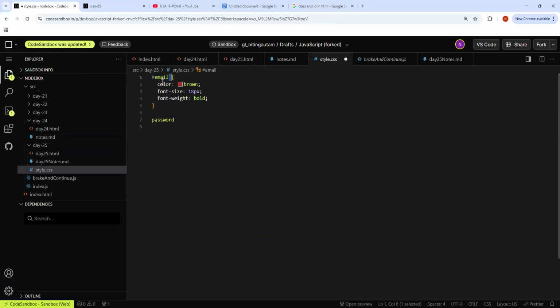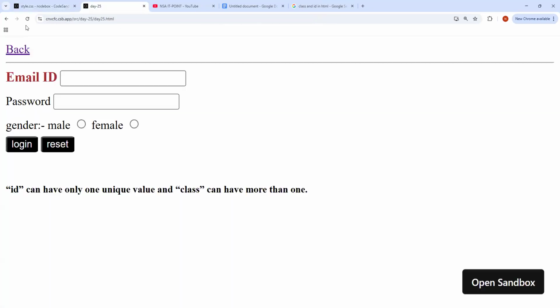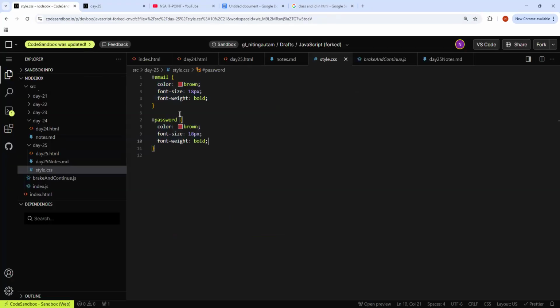Hash, ID, password, and provide the same thing. Let's just see if it is updated or not. Yeah, it's updated. Similarly,